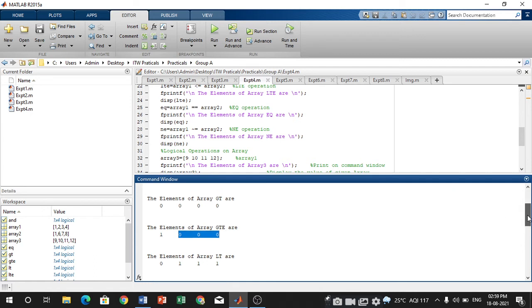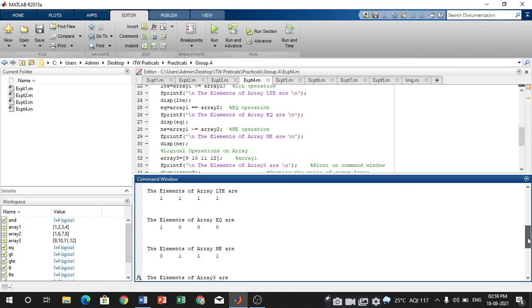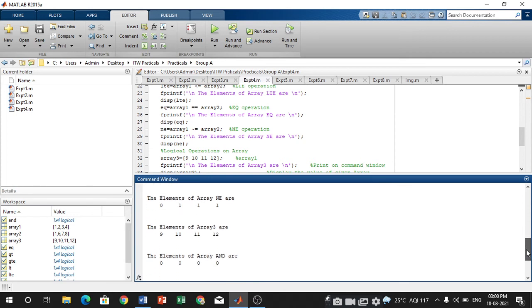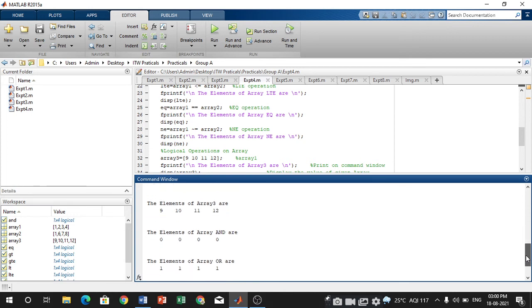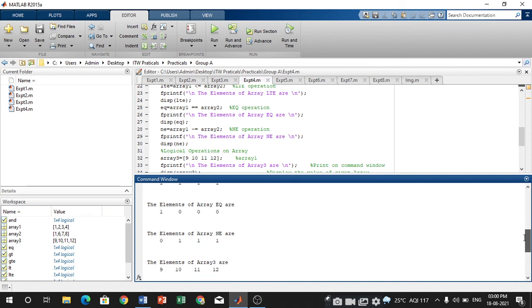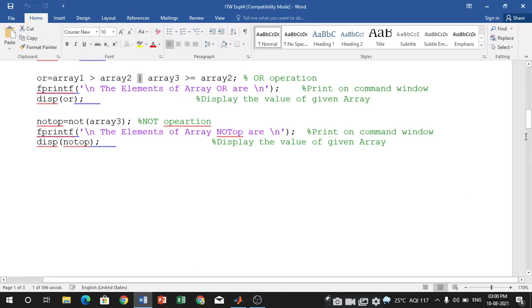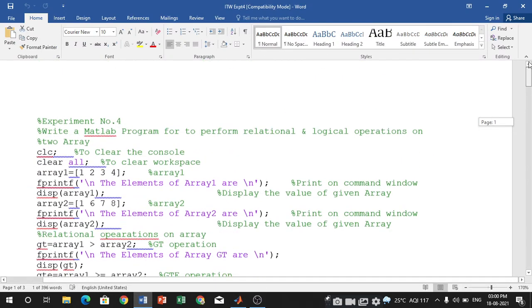It is the same for less than, less than or equal to, not equal to, and the AND operation, OR operation, and NOT operation. In this way we described the concept of relational operations and logical operations.